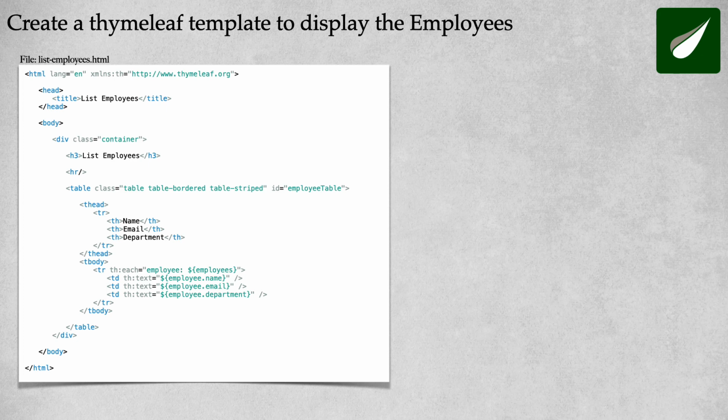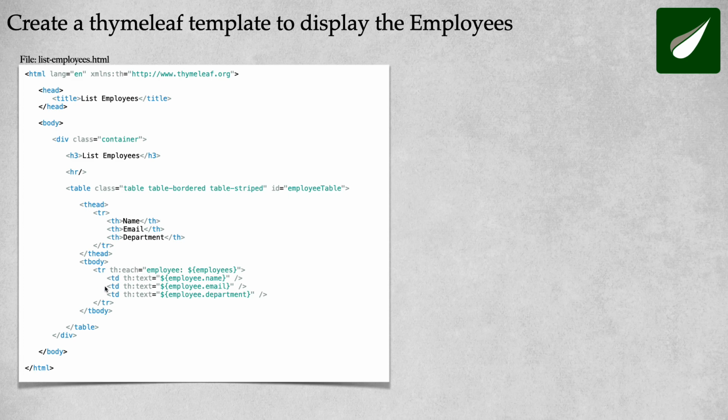Next up is to create a Thymeleaf template to display the list of employees. So we're going to create the list-employees.html file and we're going to place it inside the templates folder. We're going to create a HTML table and we're going to create the thead and tbody. Inside the thead we are going to create the table row, and inside the table row we will define the table headers, which is name, email and department. Similarly, inside the table body